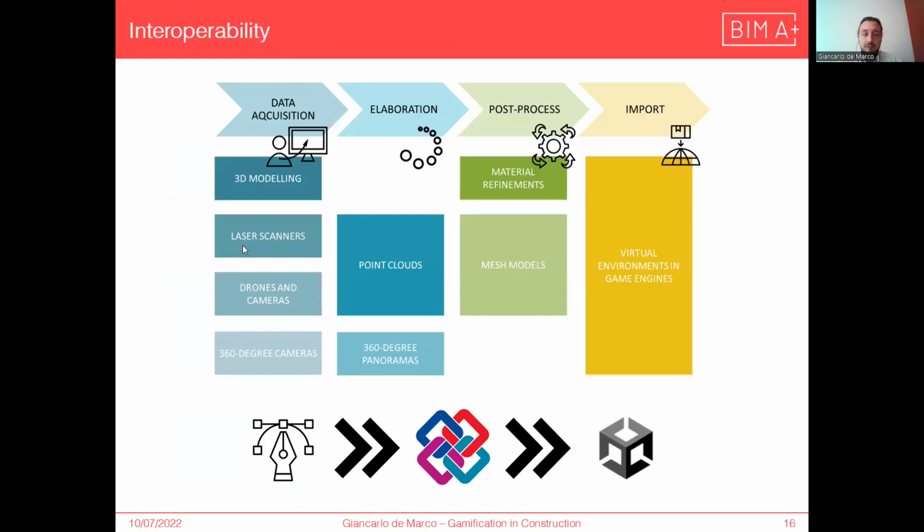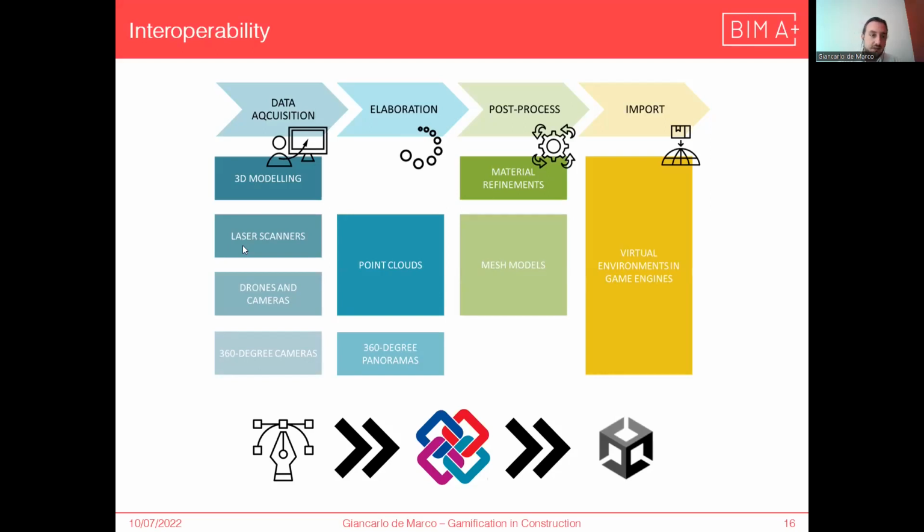How to actually acquire data? Of course, to acquire data, we can model, and we know plenty of authoring software that can achieve this result. We can also use a laser scanner, and this topic relates to the digital twin. The laser scanner can also be implemented with drones and cameras, and also 360 degree cameras. Some elaboration of the data could be made.